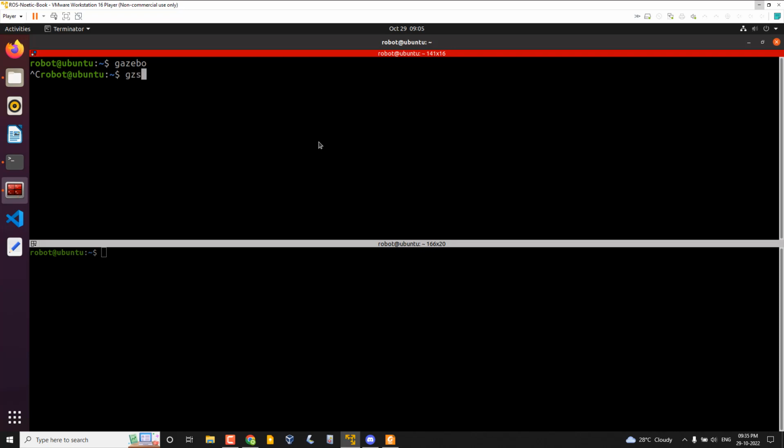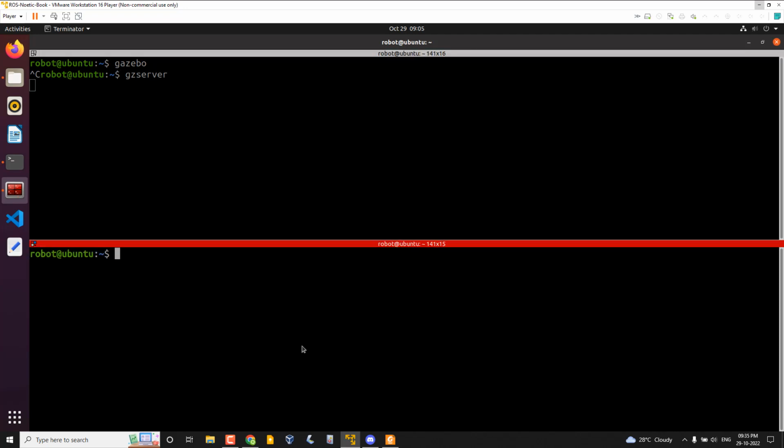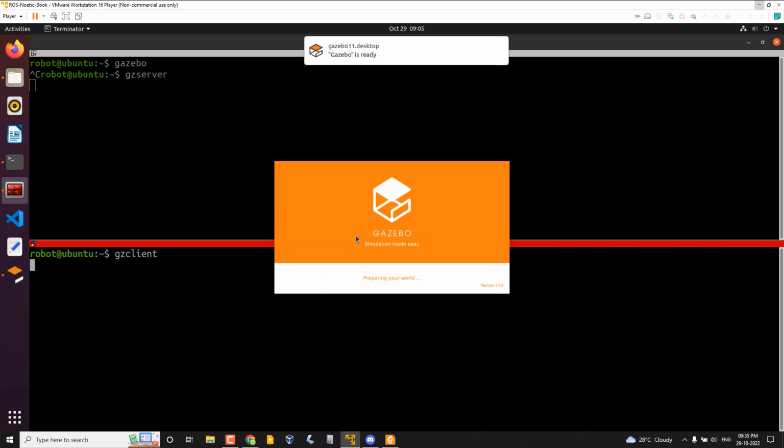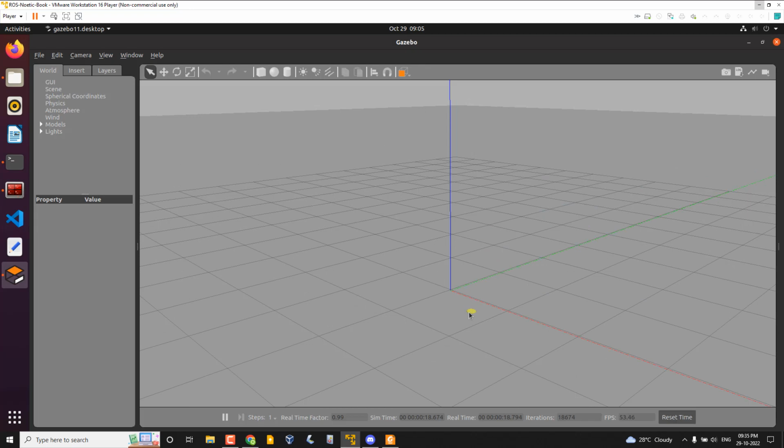The backend is called gzserver. Okay, it's basically a server which does all the simulation. So you can start the backend with a command called gzserver. Okay, currently it's running. And in order to view the front end, it's gzclient. Okay, gzclient. And if you enter gzclient in the terminal, you will be able to see the front